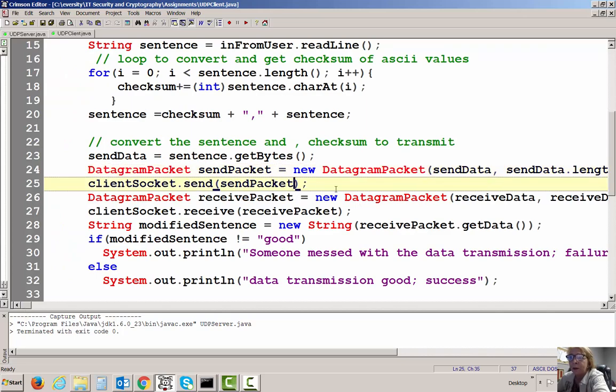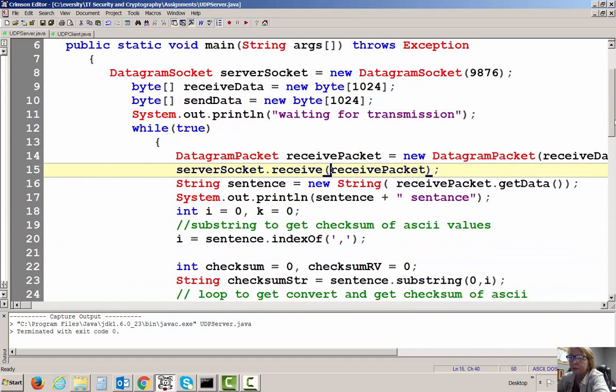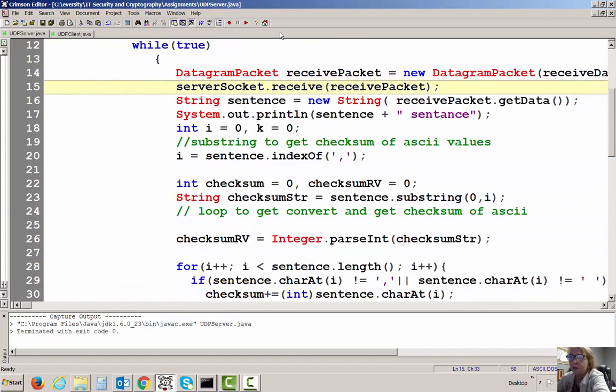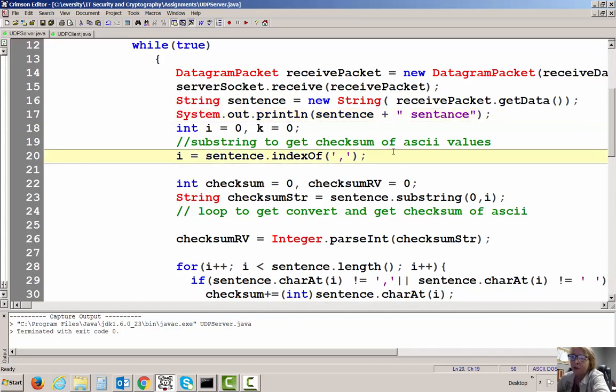And I send it. Now at that point, it switches over to the server. It receives it. I get it and put it in a string. Here I just display it to show there is a display. And yes, I spelled that wrong. Now from here, I want to break this string up and separate out the message payload from the checksum, the entire ASCII values. Okay, so once it gets to the server, I need to do the exact same thing